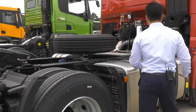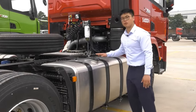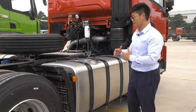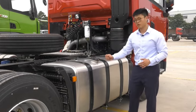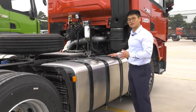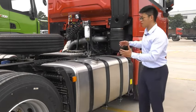Now let's have a look at our fuel tanks. This fuel tank is a 3-strip design with an aluminum case. This aluminum case can make the truck lighter, and also it is anti-rust. And this is the anti-theft equipment, to prevent somebody from stealing the fuel. And also this fuel tank is about 700 liters. And according to our customer needs, for example, some long-distance transportation, we can make this fuel tank up to